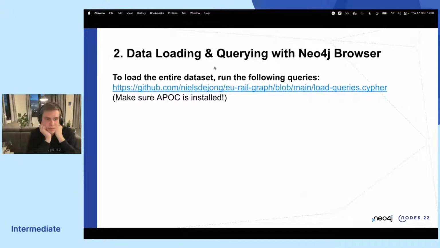Right, so we have our model in place, and now we can start loading up the data. I have created a GitHub repository, which I will share. It has a bunch of queries in it that load the data. You can run it locally and create this graph for yourself. I won't show you the entire script right away, because it's going to take too much time.